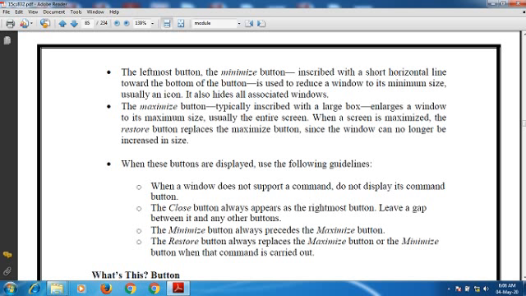Leave a gap between it and any other buttons here. A minimize button always precedes the maximize button. The restore button always replaces the maximize button or the minimize button when the command is carried out.